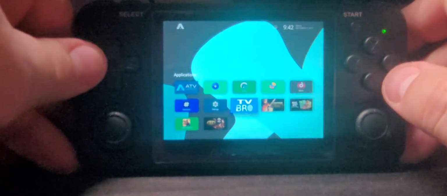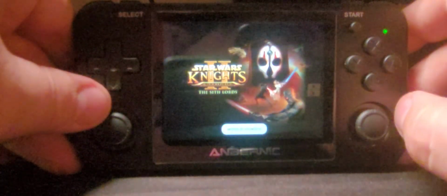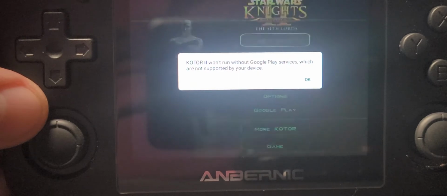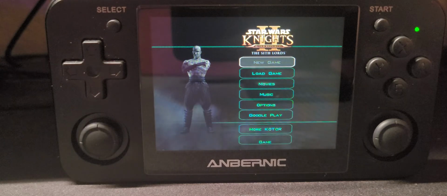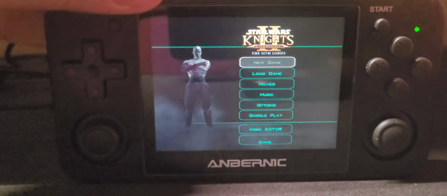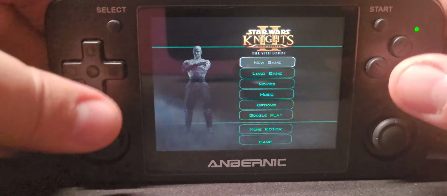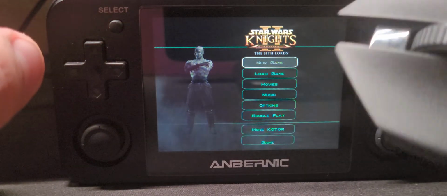Okay. So, Knights of the Old Republic 2, like I said, was the same thing. It will tell you, oh, this isn't at all in focus. It won't run without Google Play services, which are not supported, but then it runs anyway. Now, I did pull the INI file for this, and as far as I can tell, the controller mappings are identical to that of the first game, but the controller just straight up doesn't work. Not here, not in game, nothing. So I have to use a mouse,